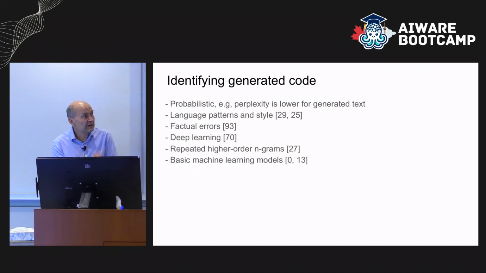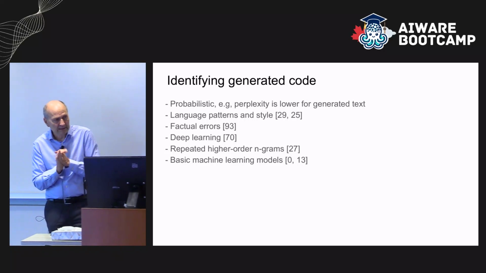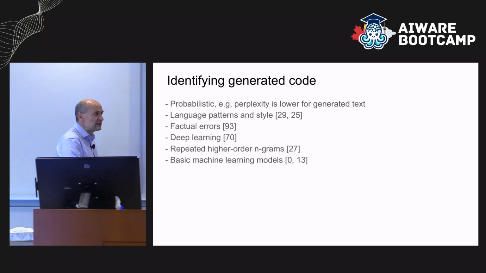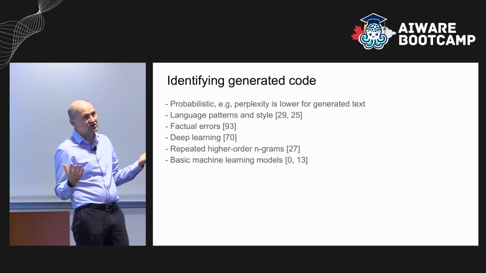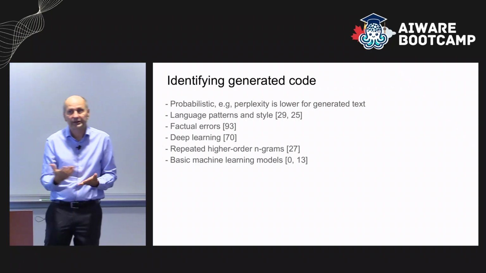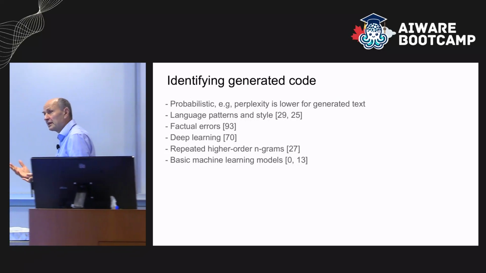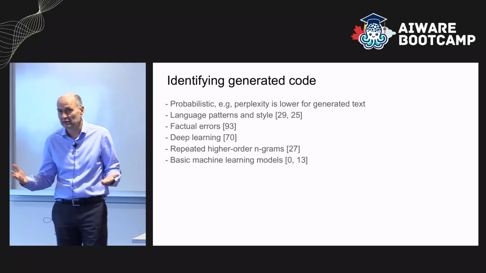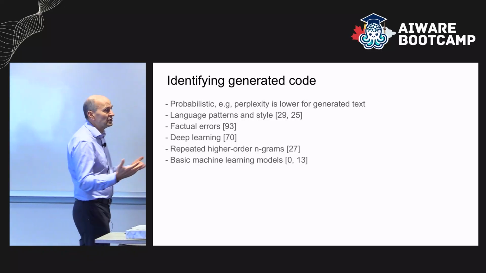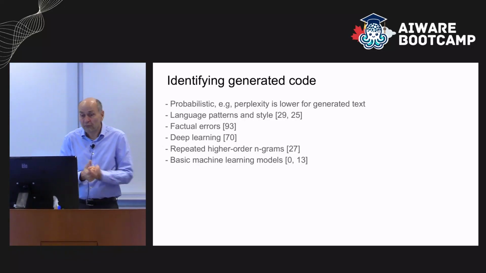Very briefly, I wanted to go over identifying generated code. There's actually a variety of ways to do that. One way, you can ask ChatGPT, is this code generated or not? And it does a pretty good job. Now, as we know, these LLMs are very, very expensive. So you cannot go and ask about 26 billion blobs, is it generated or not? It's going to cost a lot of money. So fortunately,